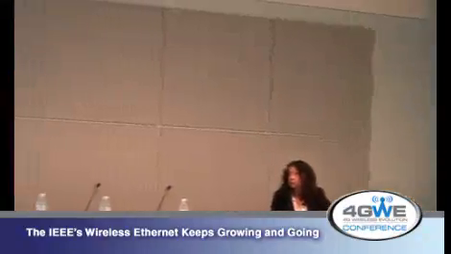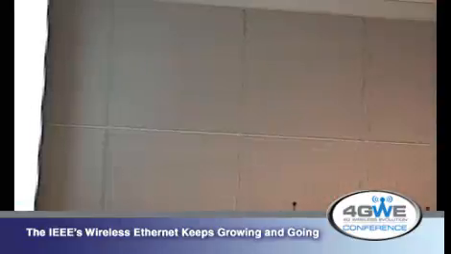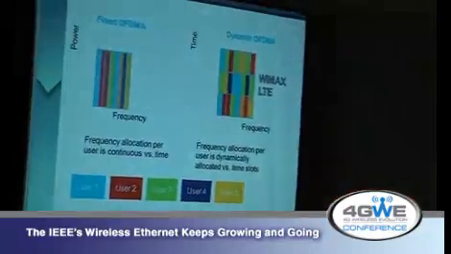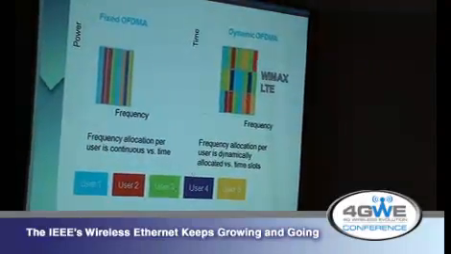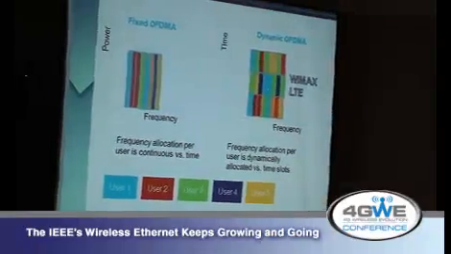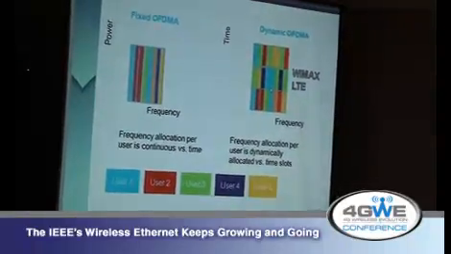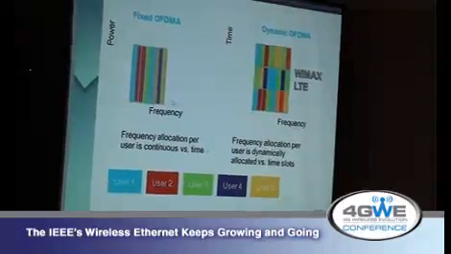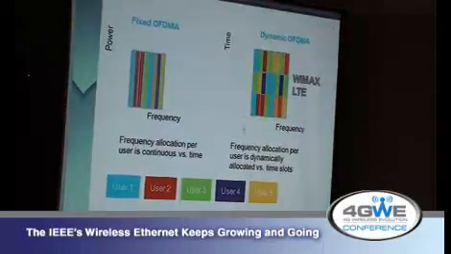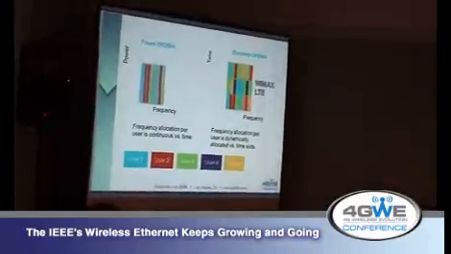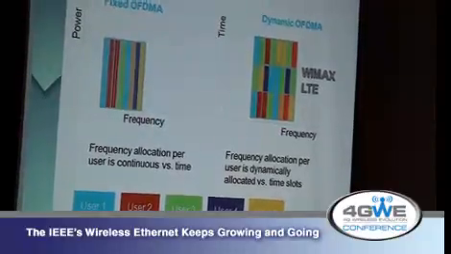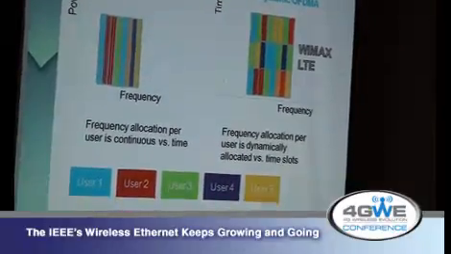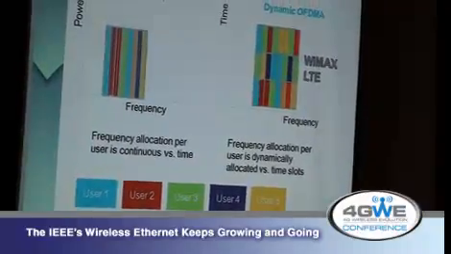To further elaborate on this, you have fixed OFDMA, where you just give different users different subsets of carriers. But you can also have dynamic FDMA, where if, let's say, some users are silent for a period of time, their carriers get allocated to other users. There's a complex scheduling problem, but essentially this is what's used in WiMAX and LTE today. A base station decides which users get which carriers and what time slots. So it's a kind of combination of TDMA and FDMA together.